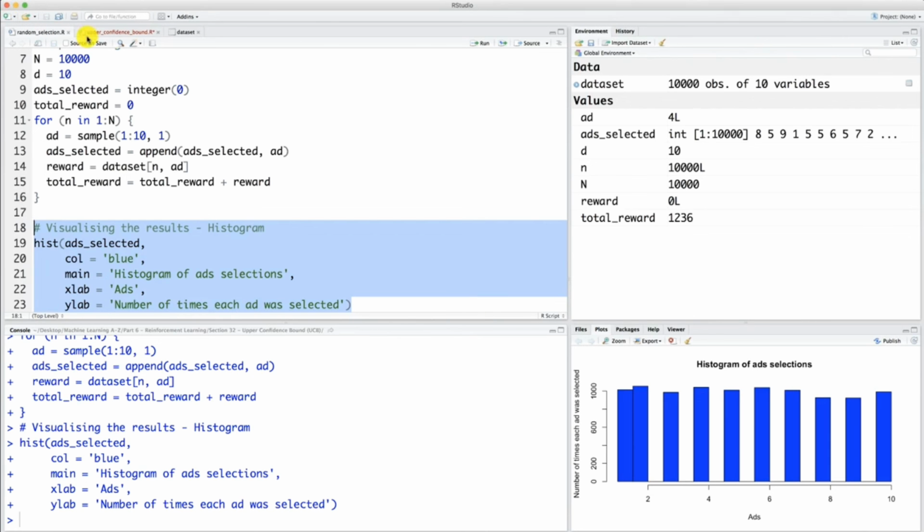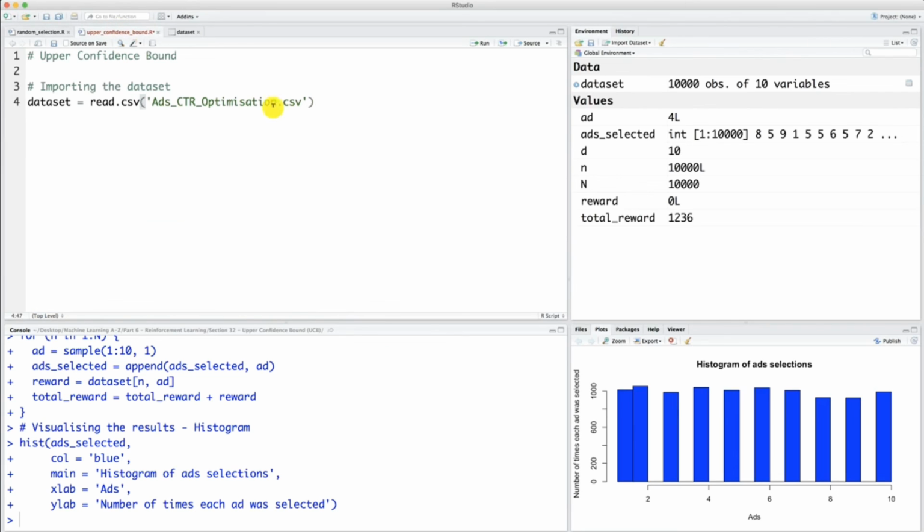Alright, so that was just to give you a little extra motivation, and now time to go pro. Let's go back to our UCB algorithm and start implementing it. So remember, 1,200 total reward for the random selection algorithm. Let's see how UCB beats that. So we'll find out in the next tutorial, and until